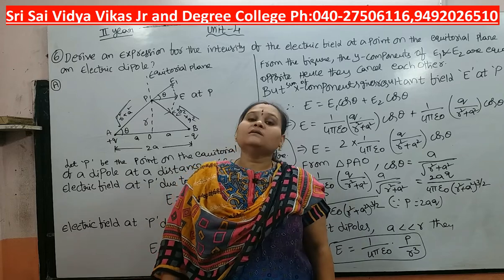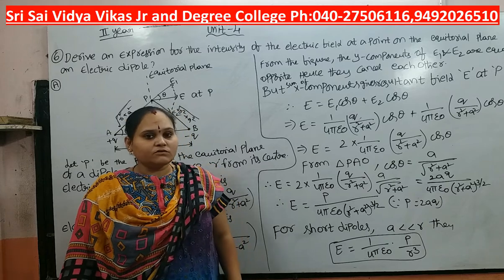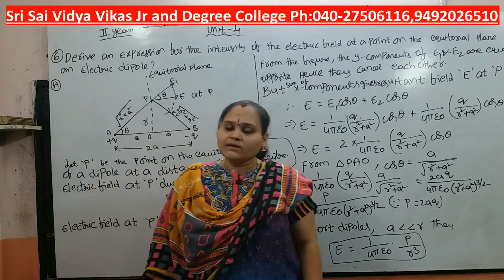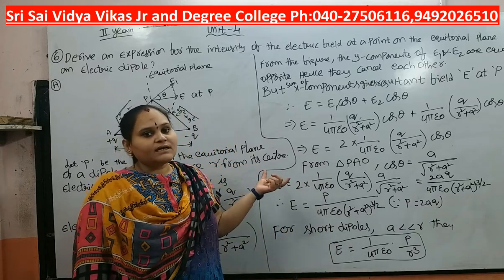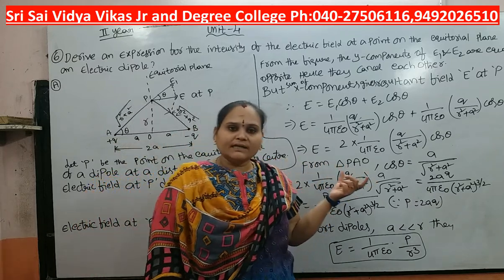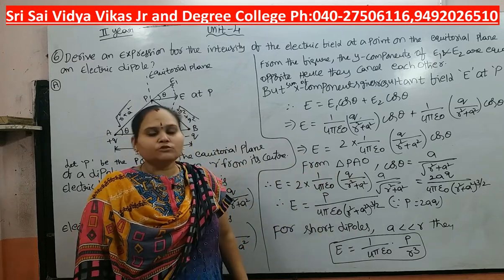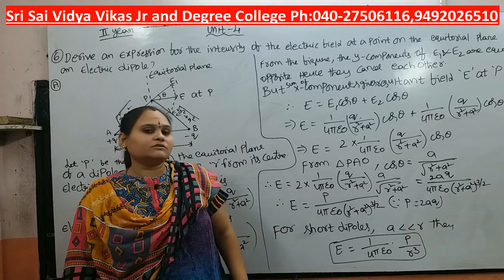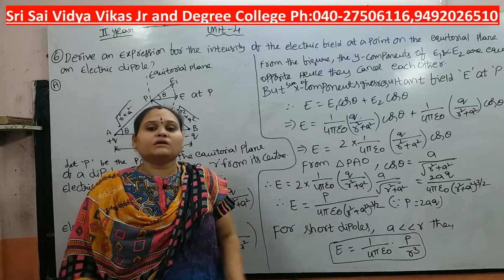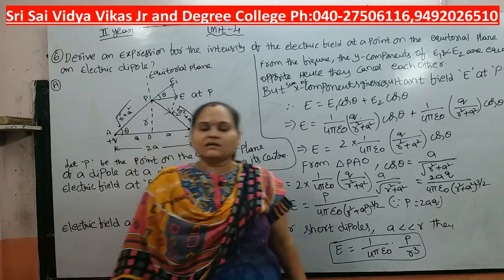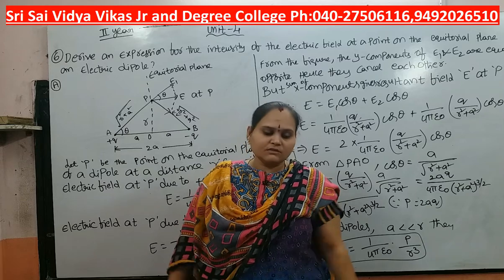This is the resultant intensity of an electric dipole at point P, which is placed on the equatorial plane. We are considering a very short dipole, that means the distance is very small, that is a is less than r, so a will be neglected. Then E equal to 1 by 4 pi epsilon naught into p by r square whole power 3 by 2, that is r cube. So E equal to 1 by 4 pi epsilon naught p by r cube. This is the electric field intensity. These are our 4 mark questions, and next we will discuss the 2 mark questions and answers of this chapter.